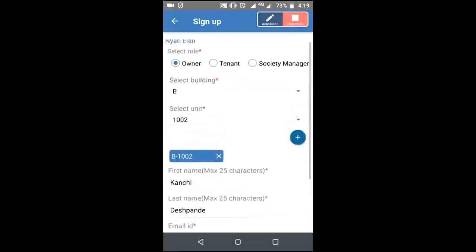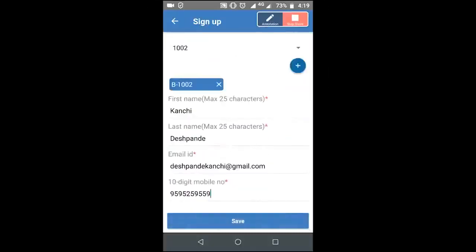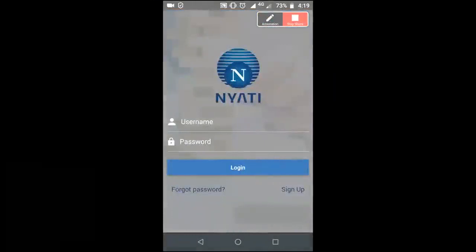Once all the fields are added and the unit is also added, we can simply click on the save button. The sign up is complete for this owner of that particular unit. When the admin authorizes this owner through the web portal, an email is received by this owner explaining how to log in to the system.